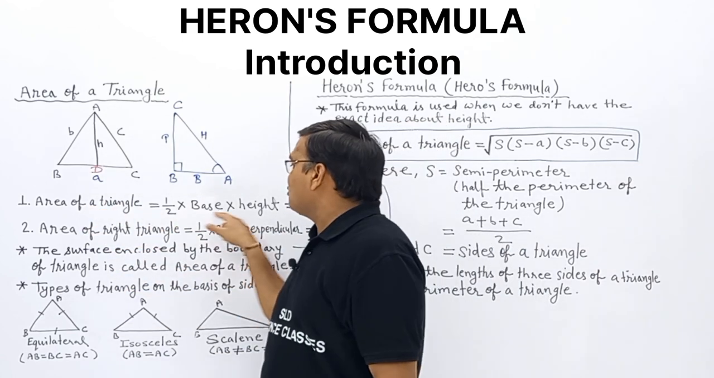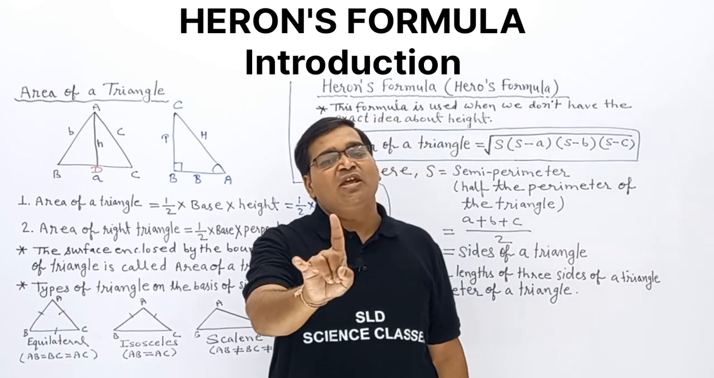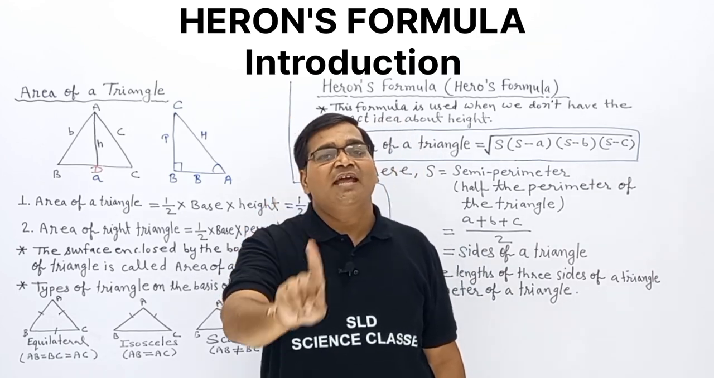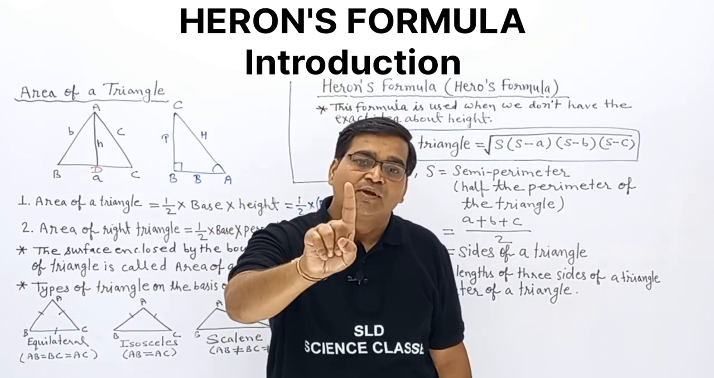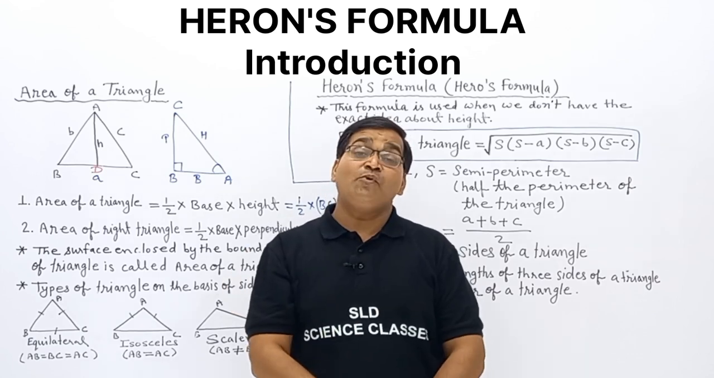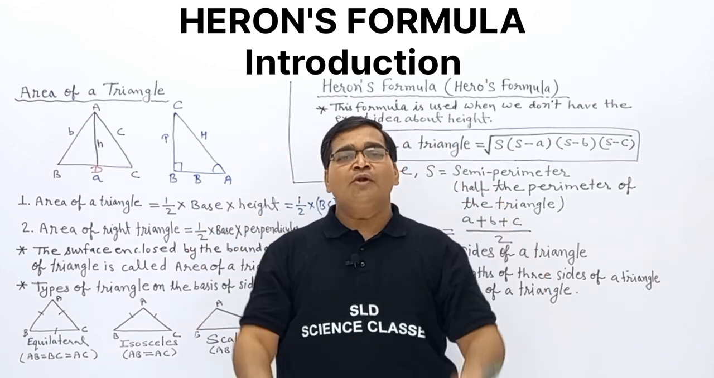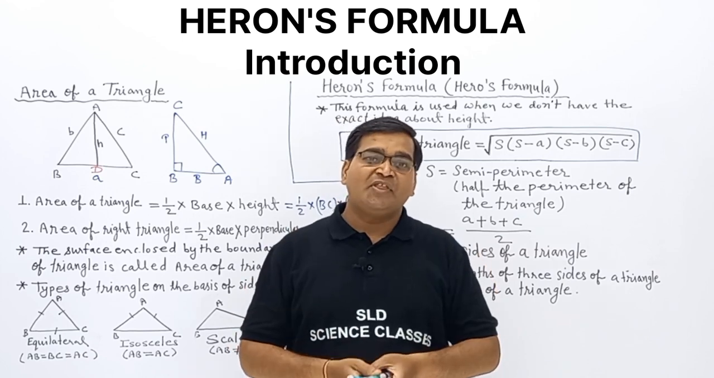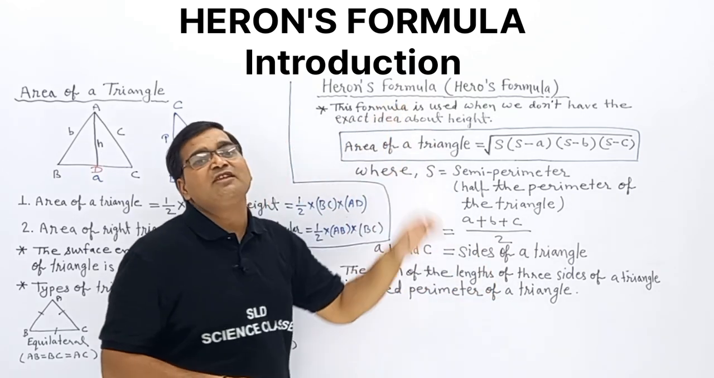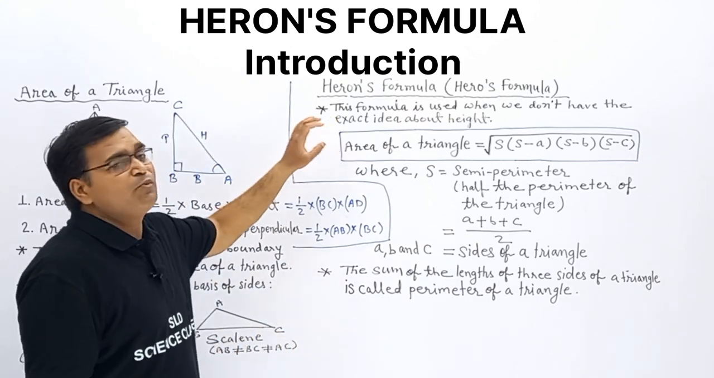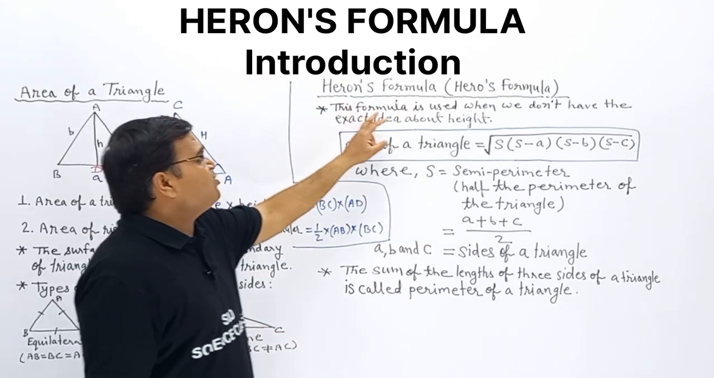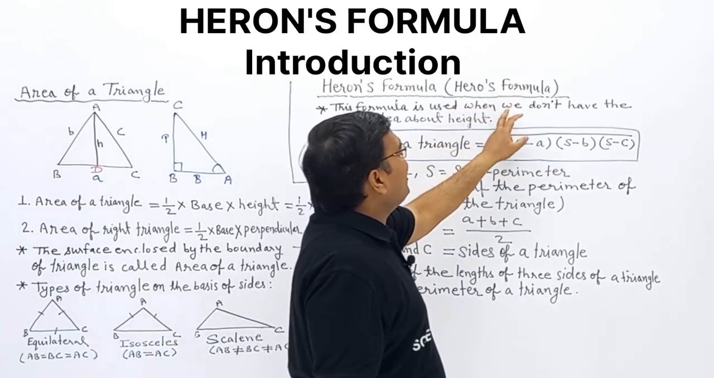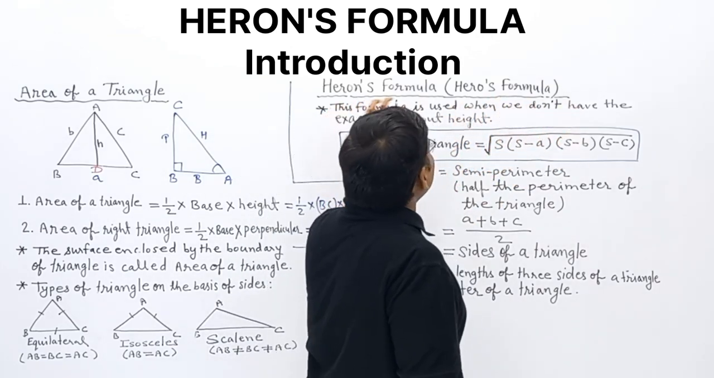And this formula is used to find the area of a triangle once we have what? The height of a triangle. If we don't have the height, then how will we find the area? Then this formula is very useful. This formula is used when we don't have the exact idea